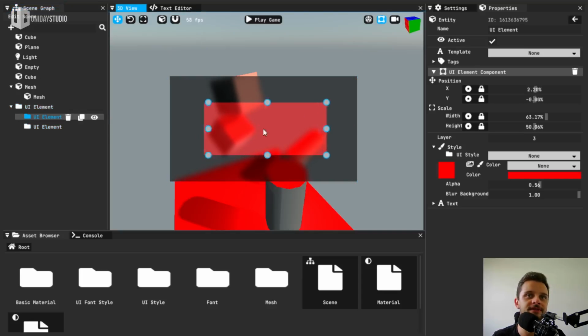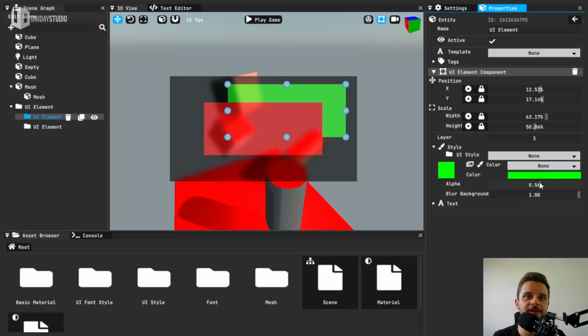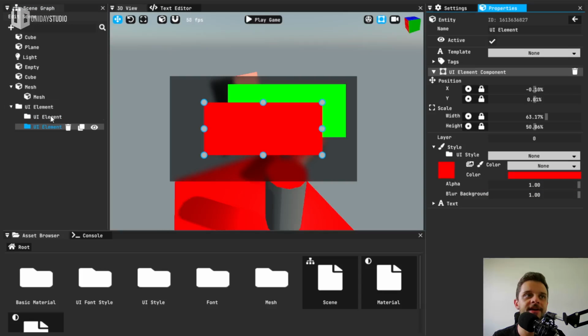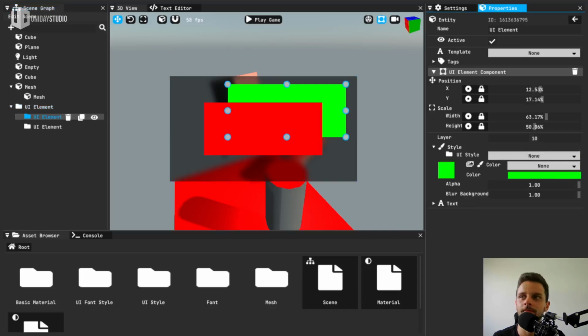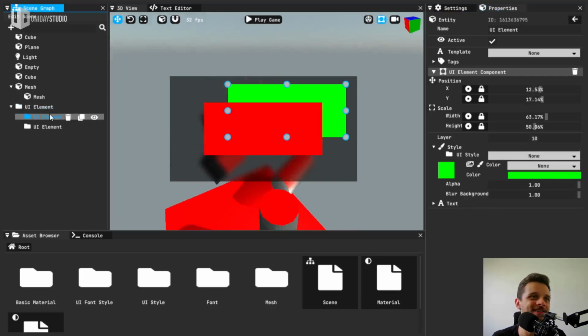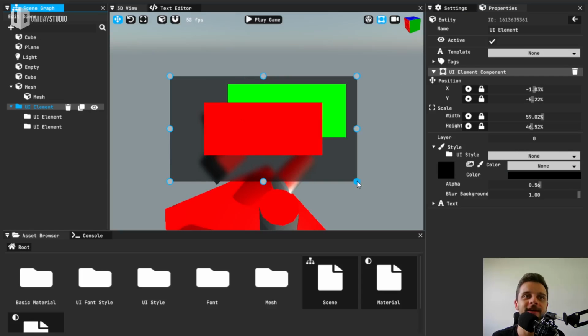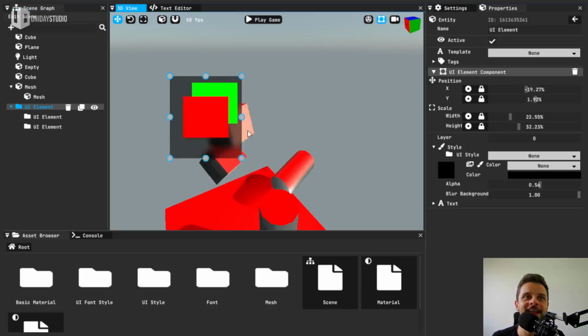Still work in progress, so it's still a little bit annoying to select and change stuff. Let me do this, and let me make it maybe green. And I'm going to reduce the opacity of both elements. Here you go. And you can select the layer to be drawn on this object. Alright, actually it's not working. I just broke this somehow in the process, but well, it will be available, and that's also a great opportunity to show the anchoring in action, because I did